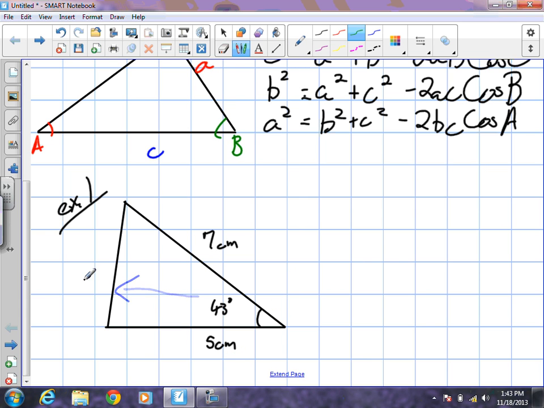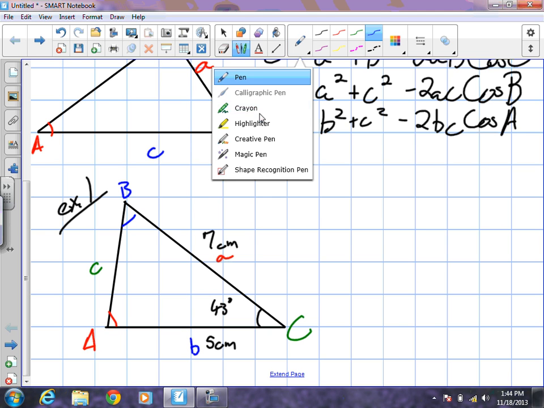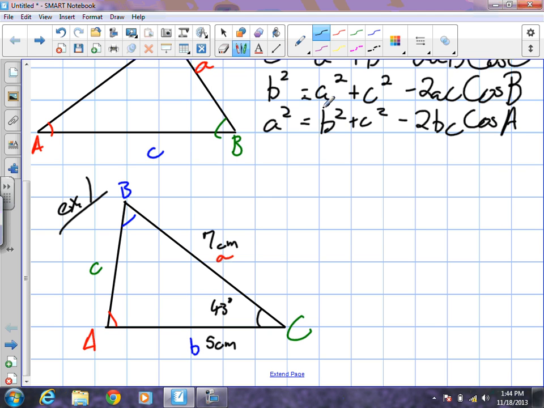So this is side C, which makes this angle C. And then for the rest of the information, it's actually not as important. I can name either A or B. So this will be side A, side B. Okay? So I renamed the triangle for my purposes because I wanted to use the formula where we had